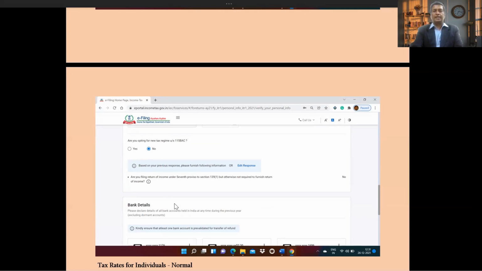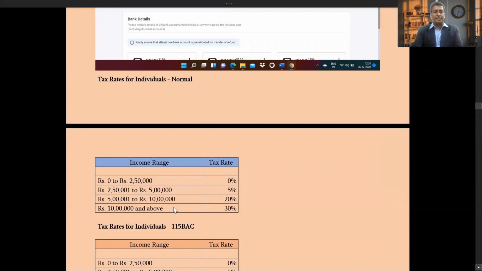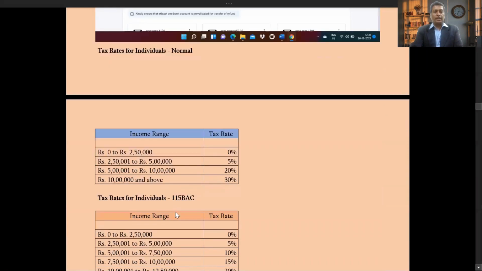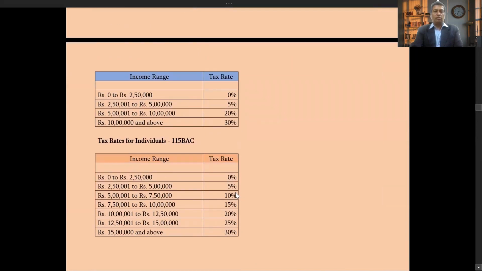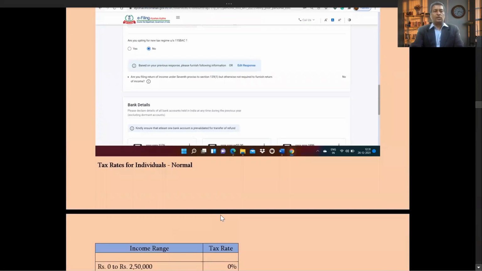If you say yes, you are going to apply, the rates as per 115BAC will be applicable to you. So rate for individual, if you're a normal taxpayer, these are the rates for this assessment year 21-22. If you are going to opt for 115BAC, then the rates are 0%, 5%, 10%, like that. So you can make note of this, and based on your income level, if you have zero investment in Chapter 6A, LIC policy, etc., you can select 115BAC. But here, since this assessee has got some Chapter 6A deduction, I selected no here.